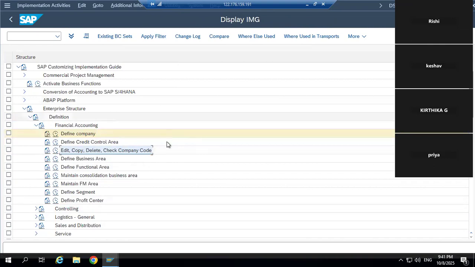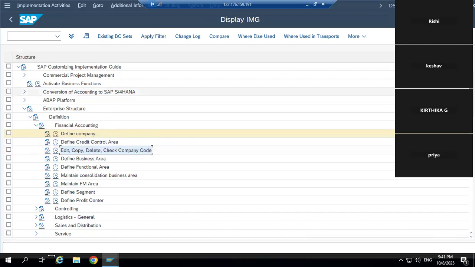So in SAP, the most important thing is that the steps we are doing are mandatory steps. Okay, you have to do this. Please don't forget or miss any step. Suppose in case you forgot or miss, you will get an error in the future. Okay, every step is a mandatory step. Because we are doing the configuration, not accounting. So in configuration, every step is mandatory, every step is linked with another step. So please don't miss it. When you do the practice, please watch the recording slowly, then do the practice.